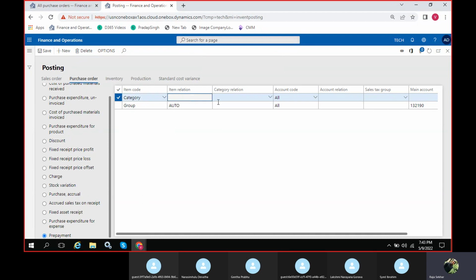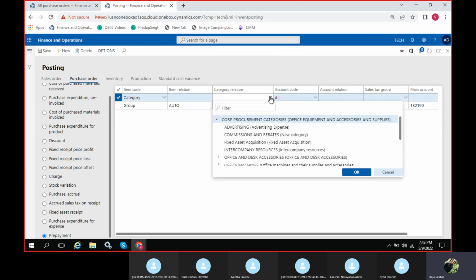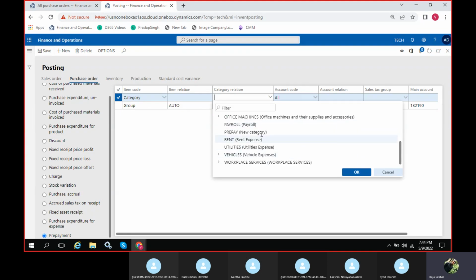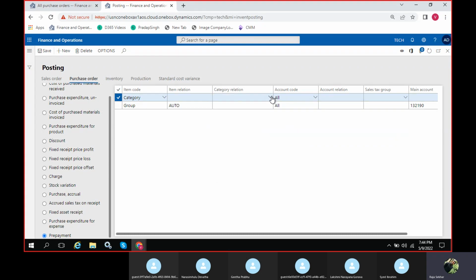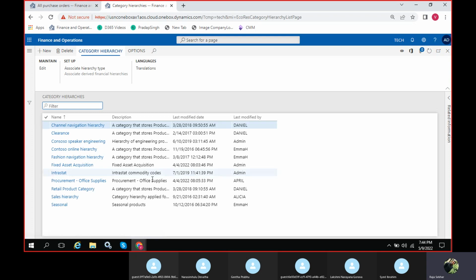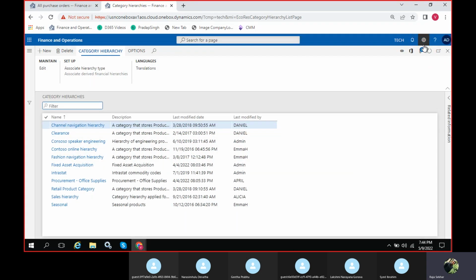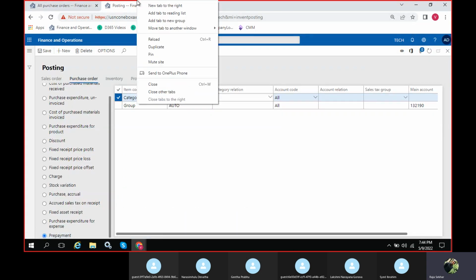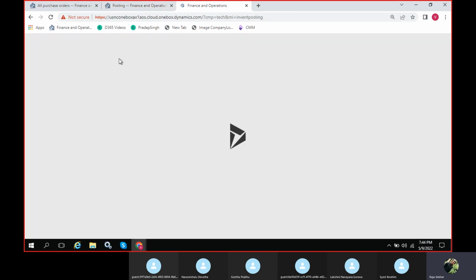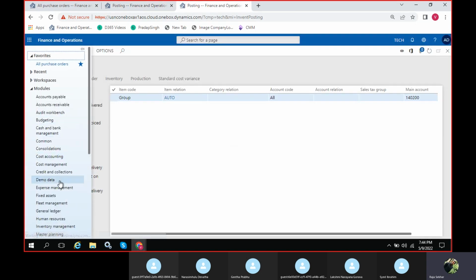Take the category here, and just check if there is any prepayment category. There is a prepayment category. If you want to create a new category, guys, just right-click here, or you can go through the path as well. View details, and here just click new category. Here you can create a new category as well. If you want to go through the path, you can go again to